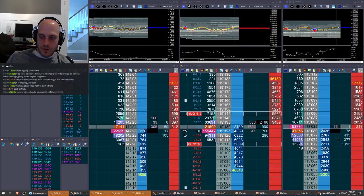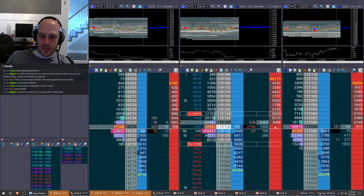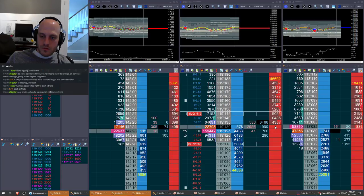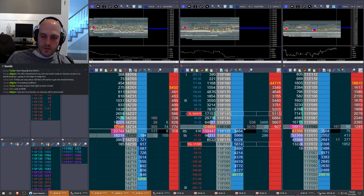Been looking a little weak in the 10. Quite a bit of volume trading back and forth here now. Well, that was a hit. That was a good hit right there at 13. This is definitely the sellers taking their turn. Okay, lots being absorbed at 13. I think that's really good. I mean, we saw absorption at 12, and some absorption at 12.5. For them to absorb 5,000 at 13 is really good. We need to tick back up, of course, but